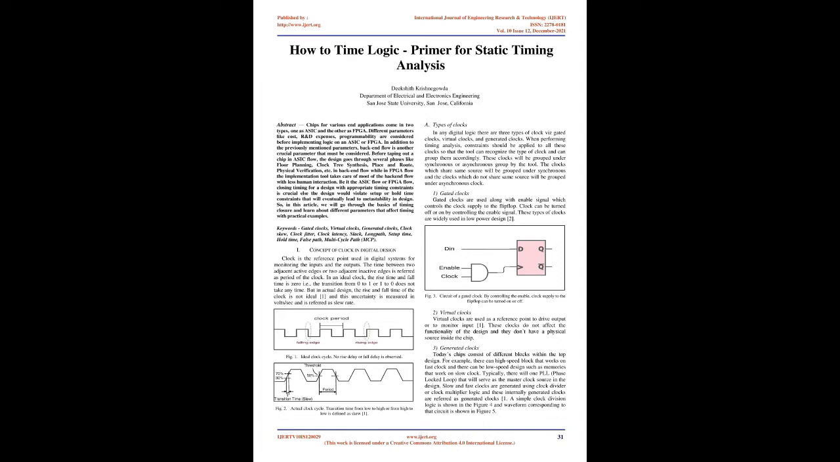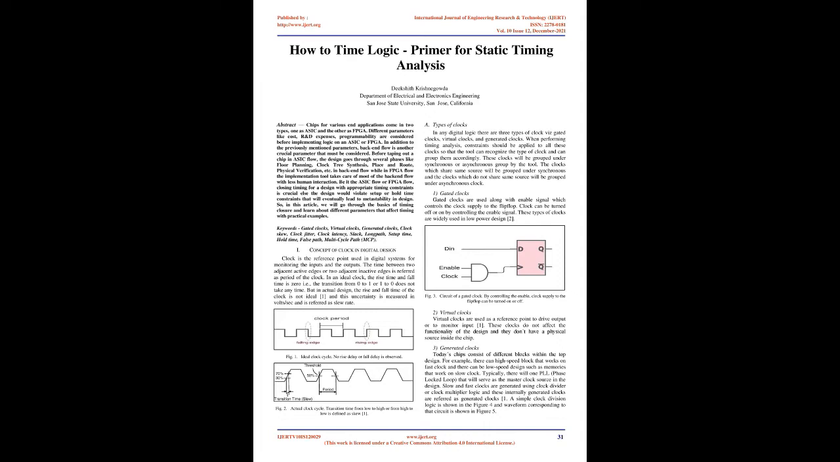In addition to the previously mentioned parameters, backend flow is another crucial parameter that must be considered. Before taping out a chip in ASIC flow, the design goes through several phases like floor planning, clock tree synthesis, place and route, physical verification, etc. in backend flow, while in FPGA flow the implementation tool takes care of most of the backend flow with less